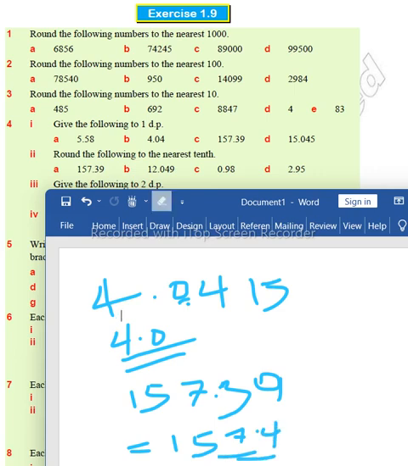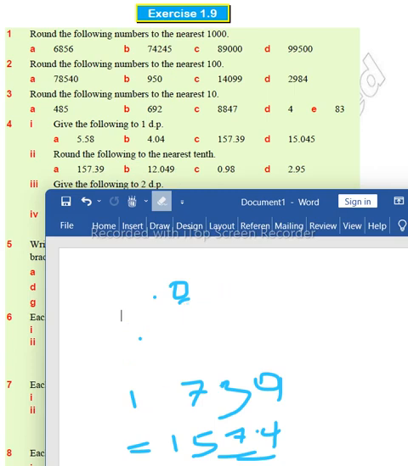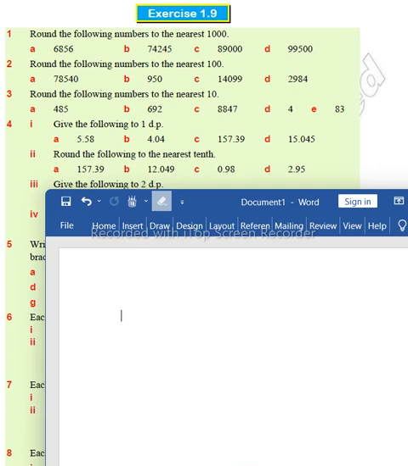And let us do the other question. The letter D says that, under letter C we have here, under D we have